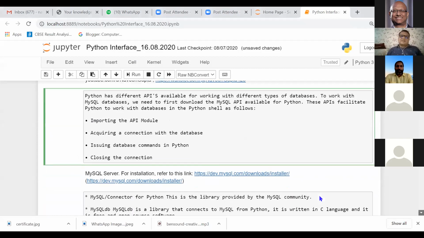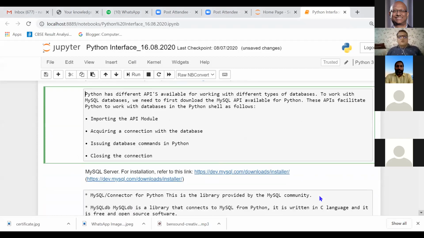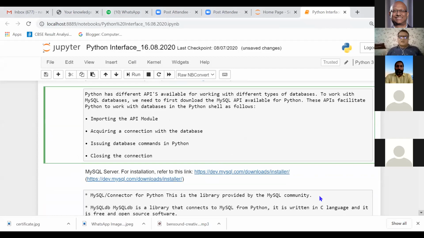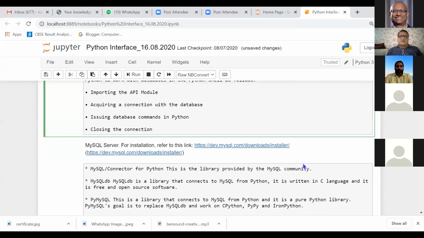Like yesterday I was doing this work, my 2 APIs were working properly, but one of the APIs was giving me a problem. The reason behind that was that I was using MySQL 5.1 version. If you are using the MySQL connector option, your MySQL version must be greater than or equal to 5.5. I installed MySQL yesterday. These are the websites from where you can install your MySQL. You can use any MySQL above 5.5 version.